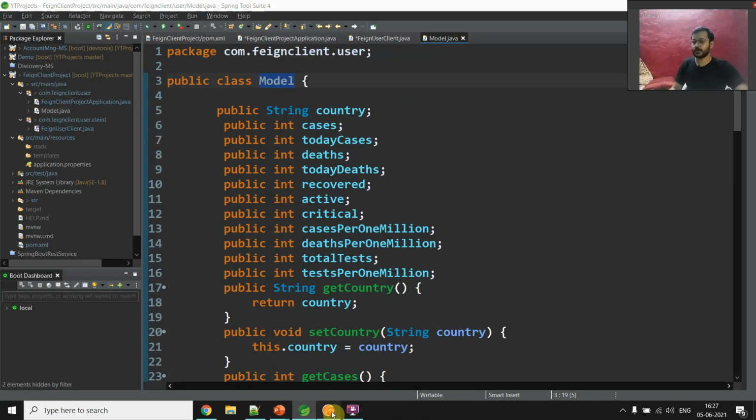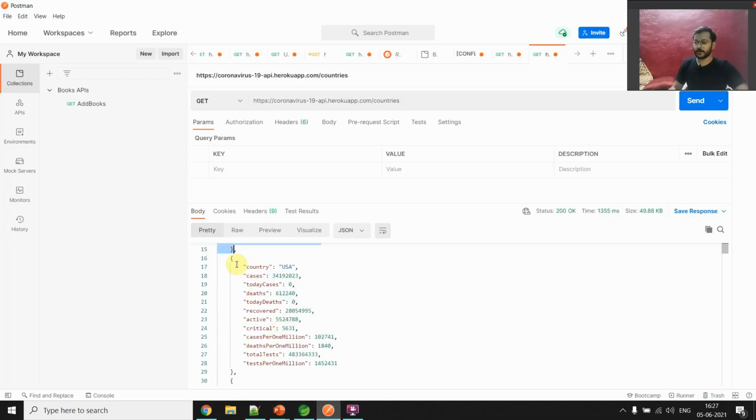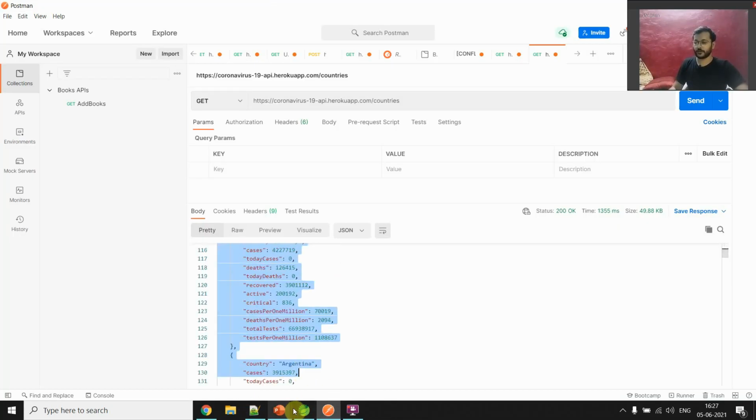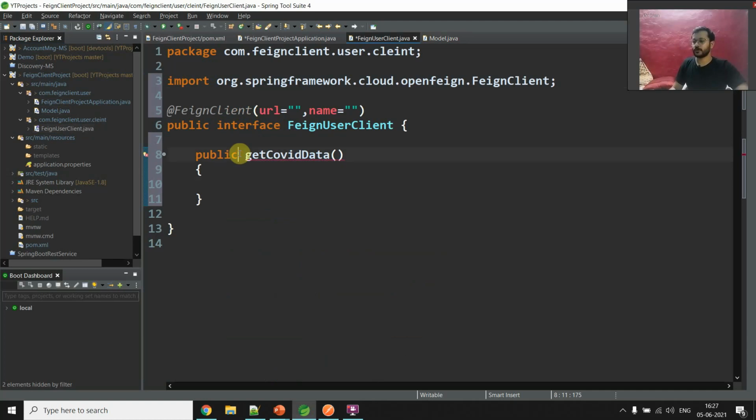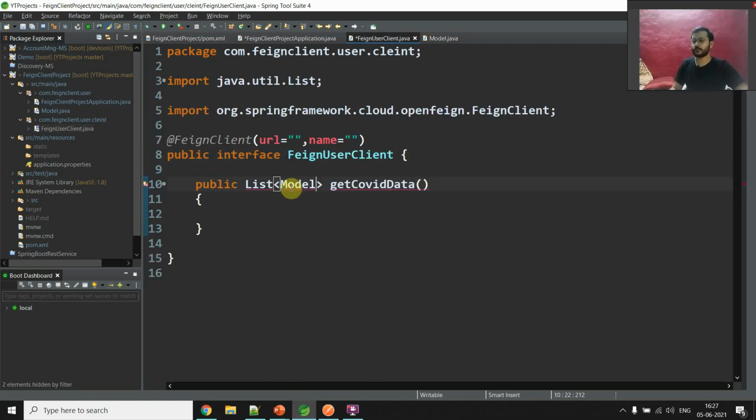So if you can check the output, it is returning a list of that particular object, right? The list is coming unlimited. So come to STS, where we are running the Feign client here, and here a list of model. Okay, now I think you are getting why I am doing that. And in return, I have to call a particular thing, whenever that thing will be called, I have to call that particular method.